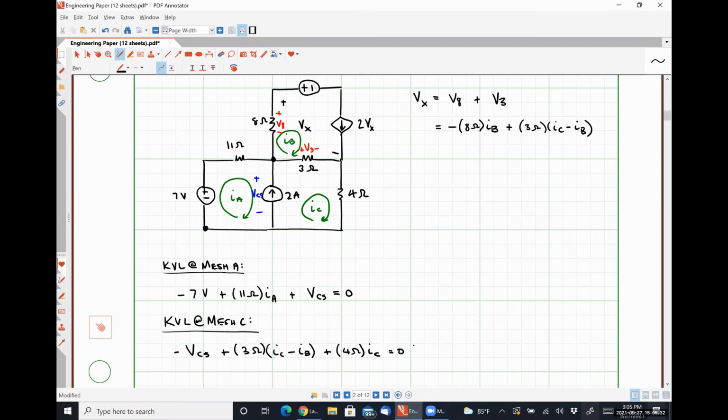What I'm doing is following this path that I've outlined in purple, because that allows me to avoid having to try to express what the voltage drop is over a current source in terms of mesh current, right? I'm avoiding that entirely. So KVL, goodness gracious, at super mesh